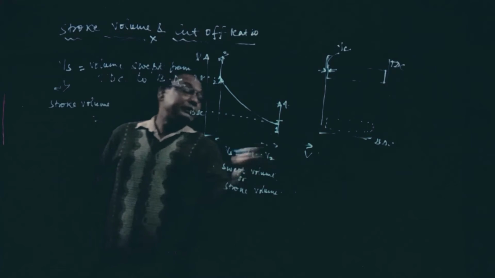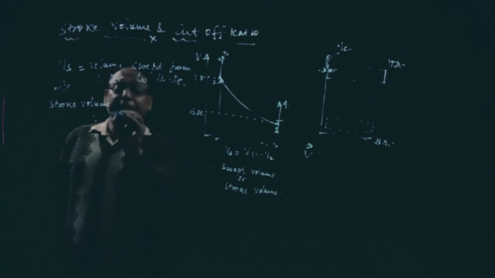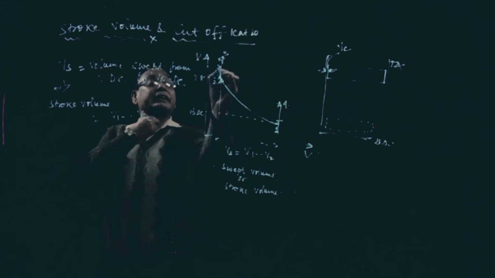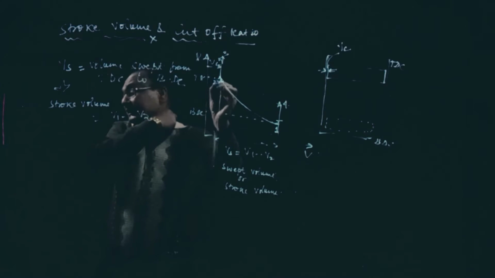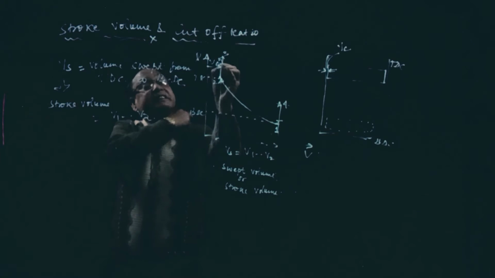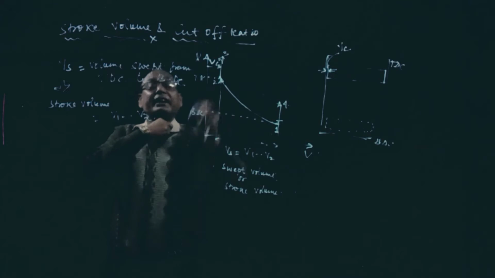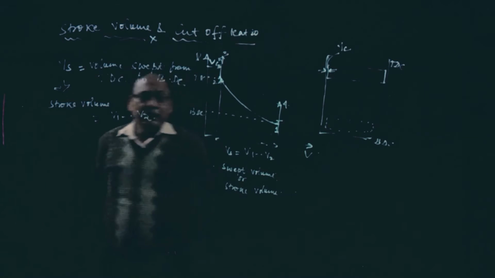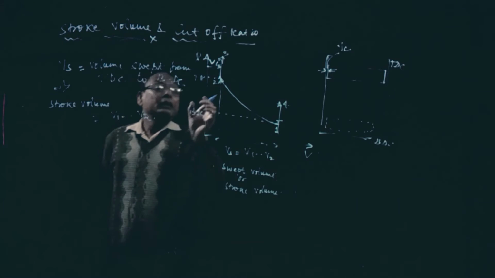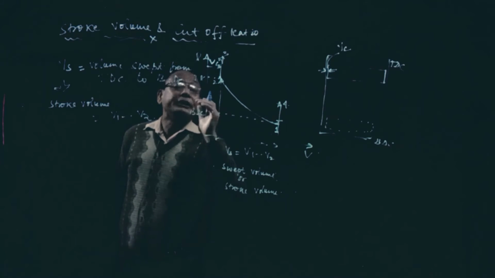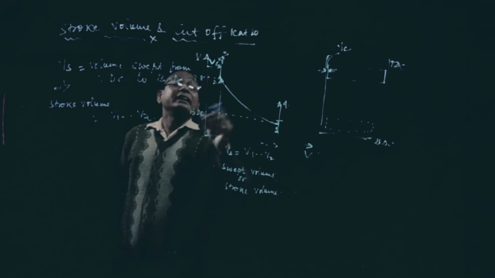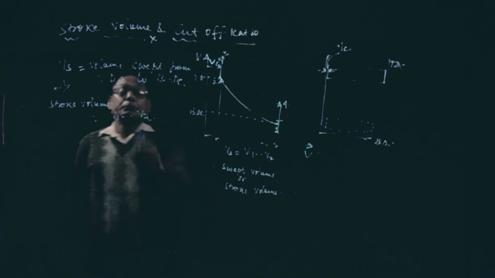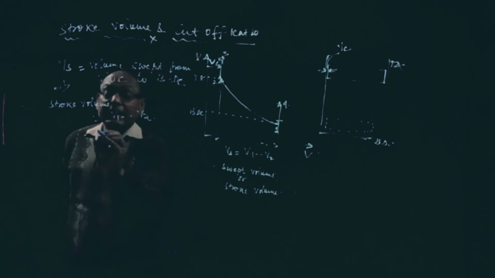Now, from this figure, stroke volume will be V1 minus V2. Remember, this is our clearance volume. Why? Because if the piston touched the cylinder head every time, the cylinder head would be destroyed after a number of processes. So there is some gap maintained between the cylinder and piston. That gap is known as clearance volume. So V1 minus V2.